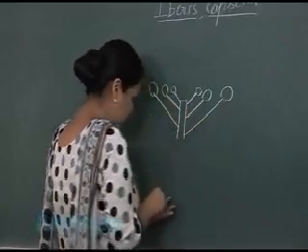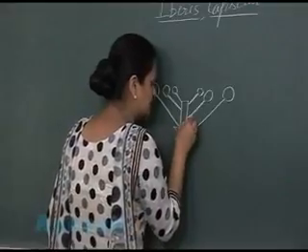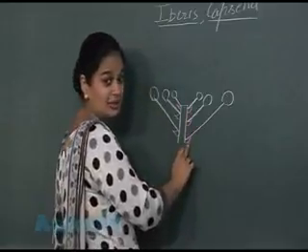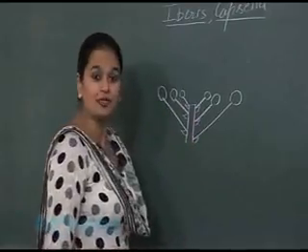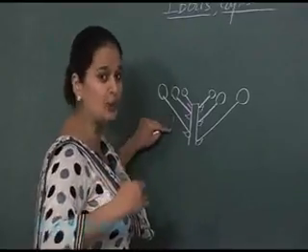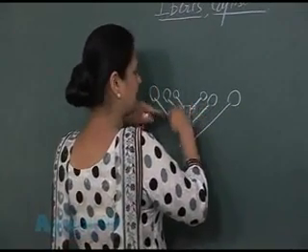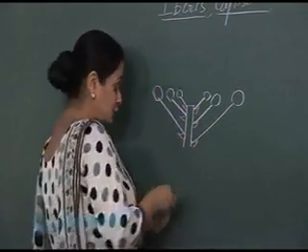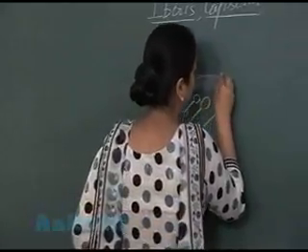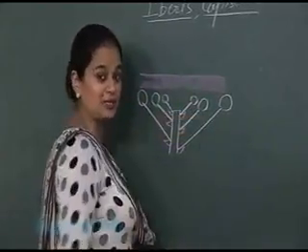And it's very well known to all of you that the flower arises in the axil of a leafy structure. This leafy structure which I am forming here, that is the bract. तो इस inflorescence के अंदर आप देख रहे हैं that the flowers which are present on the lower side have long stalk, and on the upper side the flowers have short stalk, due to which all the flowers lie at the same level. So जो जितने भी flowers है वो एक ही level पर present है.